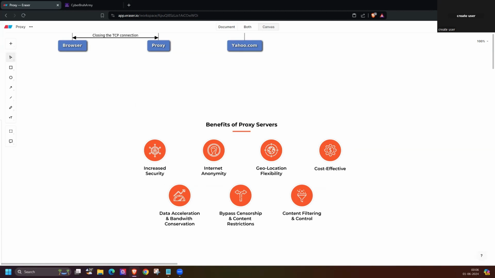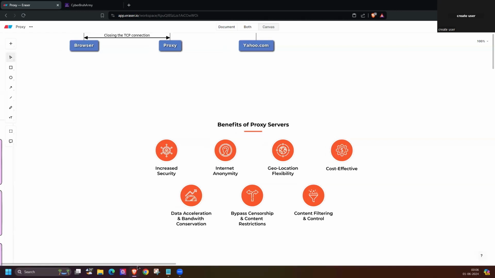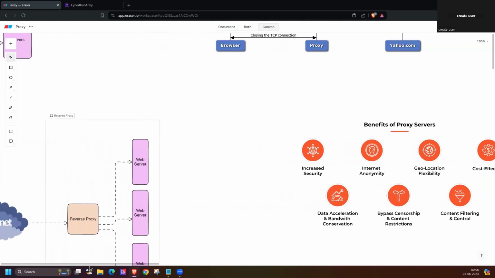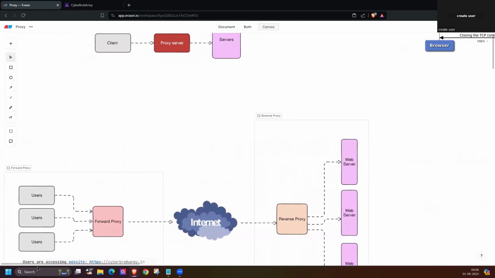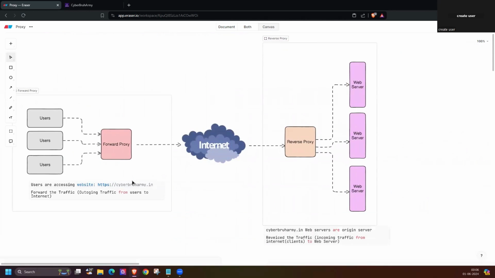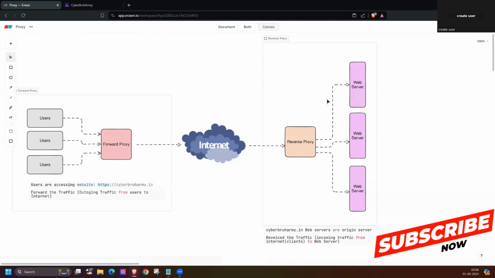Now let me discuss what a forward proxy is and what a reverse proxy is. To understand, I created one diagram. Generally, if users or clients need to connect with the web server, they go via their router or network device, then the internet, and then the actual server. But the difference with forward proxy and reverse proxy is that a forward proxy is used by the client,